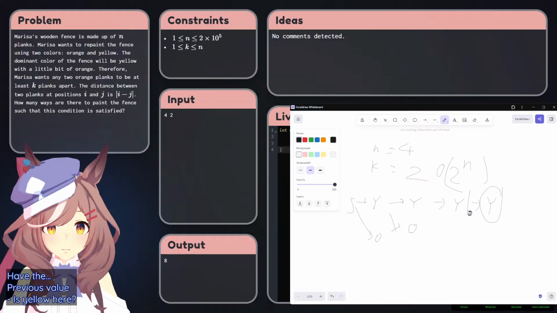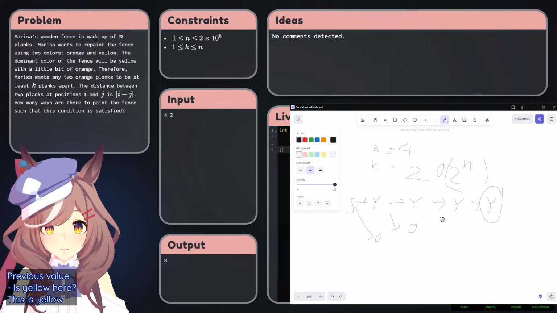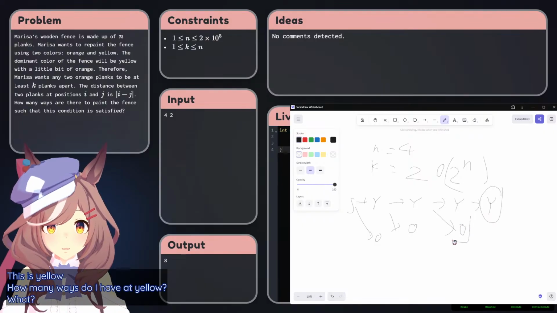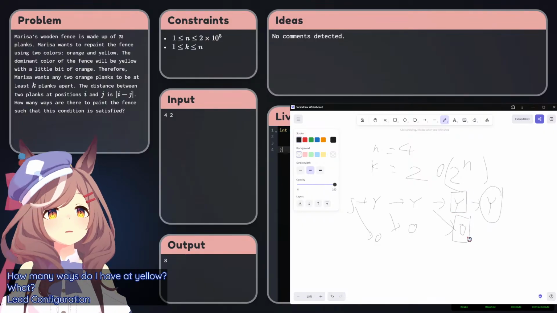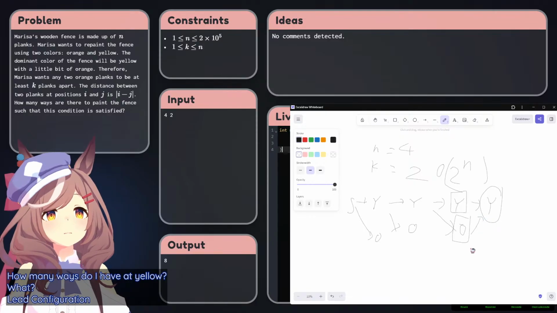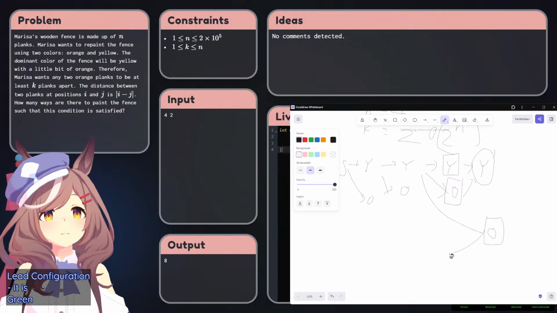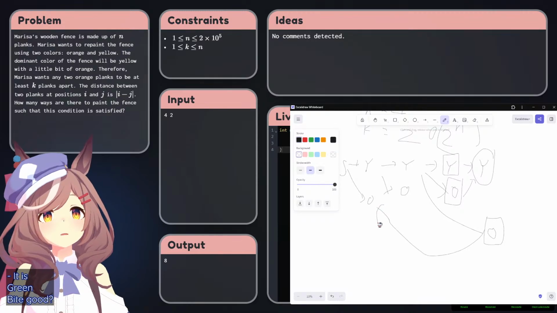We can count how many ways to have a yellow or orange. Both are valid configurations. But if it is orange, then we need to count like backward. How many ways from